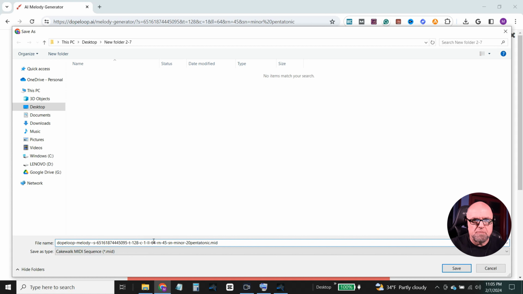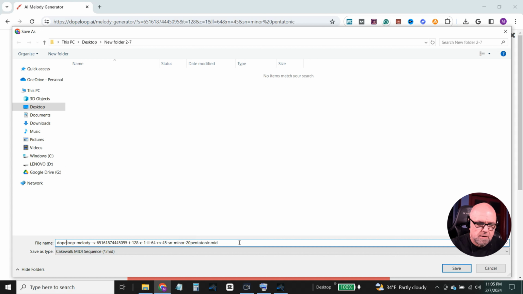And we picked 64, which is going to give us the full 4 bars of a melody. In this case, it's a bass line. The 45, I'm not quite sure what that means, but this is major, pentatonic,